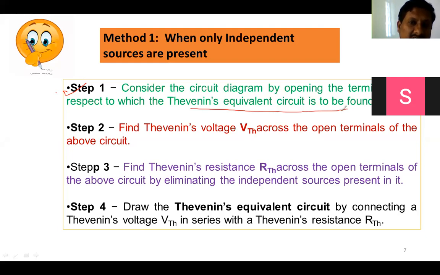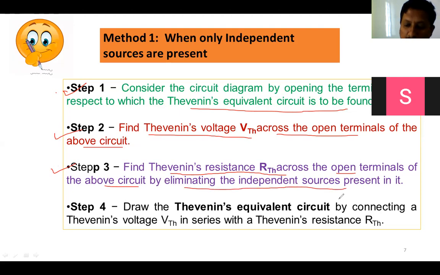That is your first task, first step. Next, second step, find out Thevenin's voltage VTH across the open terminals of the above circuit. So you have to find VTH between the open terminals of the given network. Step number 3, find out the Thevenin's resistance RTH across the open terminals in the above circuit by eliminating independent sources. Means you have to find the equivalent resistance RTH between the two terminals